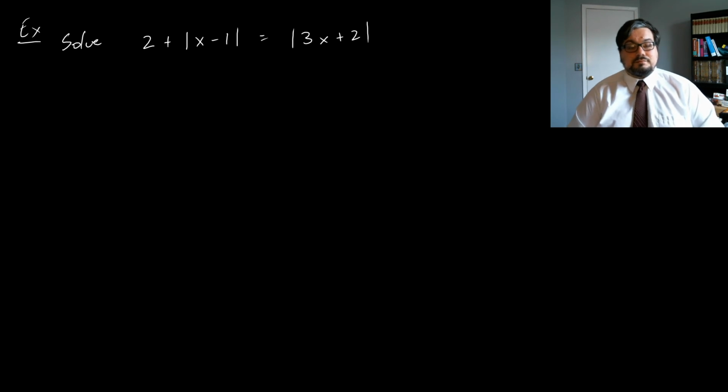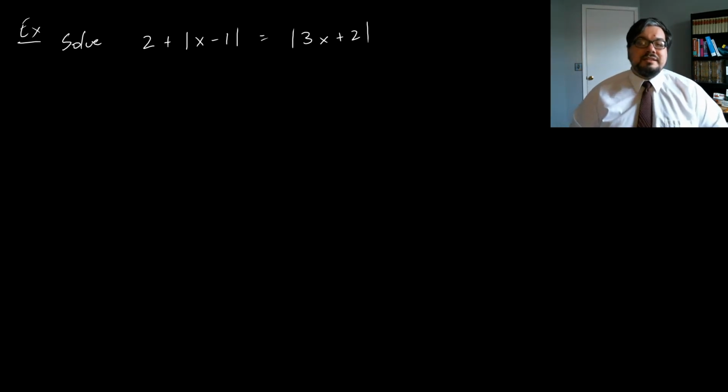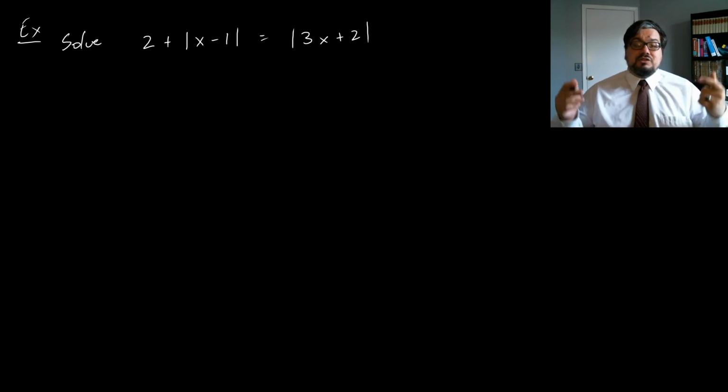Let's try to solve the equation 2 plus the absolute value of x plus 1 equals the absolute value of 3x plus 2. So this equation involves two absolute values, but there's no way of rearranging it so that there's just the absolute value of one thing equals the absolute value of something else. And so our previous fact doesn't apply. To solve this problem, we're going to have to break it up into four separate equations,